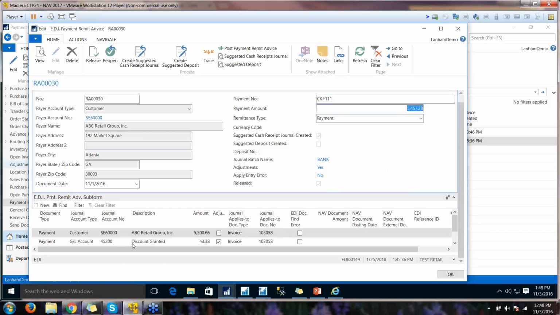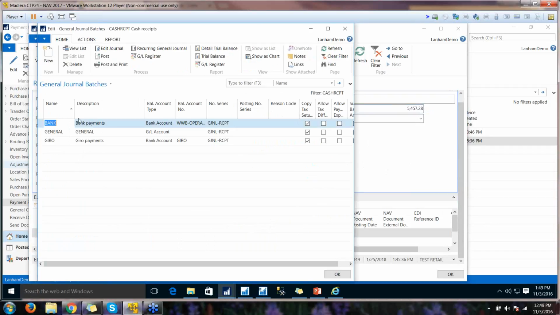And then there's several ways discounts can be handled. The way I chose was for it to write to a GL account, 45,200 for discounts granted, and then the other side will show as open on the customer side. So from here, I'm going to navigate to my cash receipts journal. It's in the bank journal, so let's go